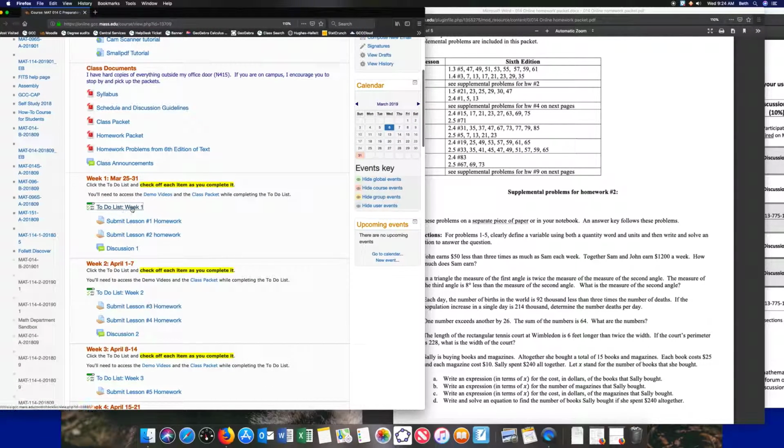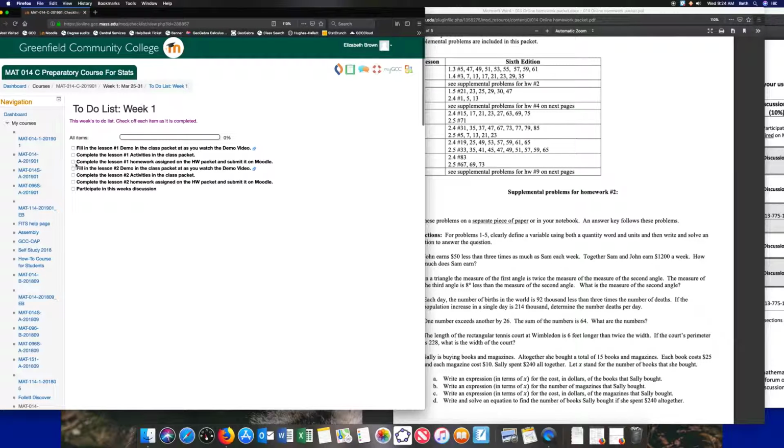All right, so we were at this to-do list. And as you go along, you can check in. Okay, so we've finished all of lesson 1. Woohoo. Now we're on lesson 2. I'm going to do the demo. This is all in the first week. Demo for lesson 2, then I did my activities for lesson 2, then I did my homework. You can see really knocking off this. I'm 86% done with the work required for this week. And the final